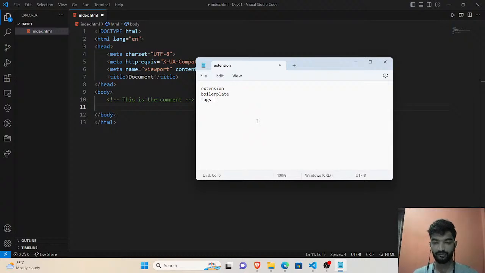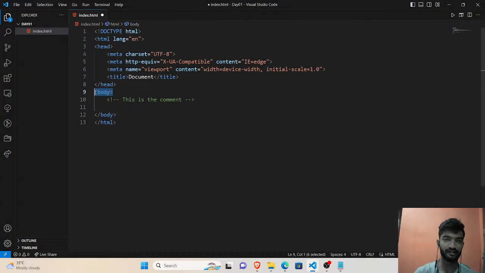Guys, I want you to respond. How many types of tags are there in HTML? Not the anchor tags. Sneja Patil. For example, this is a tag, an empty tag in HTML. Like this, how many tags are there?